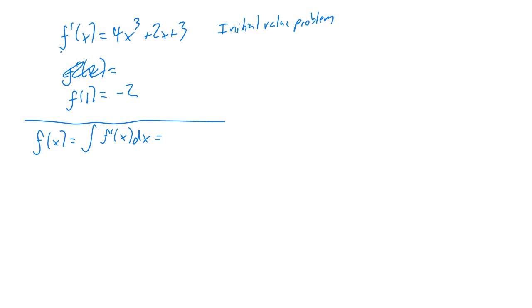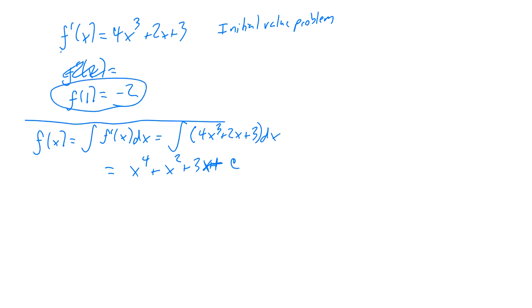So it'll be an antiderivative of 4x cubed plus 2x plus 3. So it's going to look like x to the 4th plus x squared plus 3x plus some number c. And the way we can find out what c is by using this equation, which is